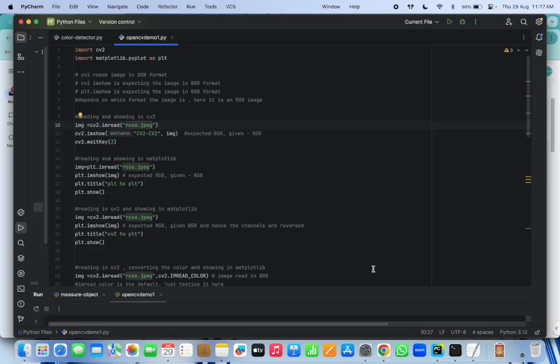Hello everyone. Today we are going to see the difference between the IMShow functions of the CV2 library and the Matplotlib PLT library. First of all, we have to understand that CV2 reads the image in BGR format, which is blue, green, red. Those are the three channels of a colored image, while most of the other libraries do that in normal RGB format. CV2 has this peculiar property because of some historical reasons.